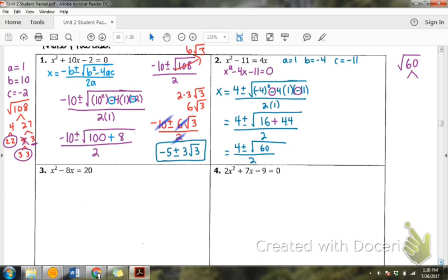So I put my 60 out here to the side. Go ahead and do that. Pick any two numbers that you know make 60. Break it apart. No matter which way you do it, we should get the same answer. So any two numbers that make 60, when you multiply them,